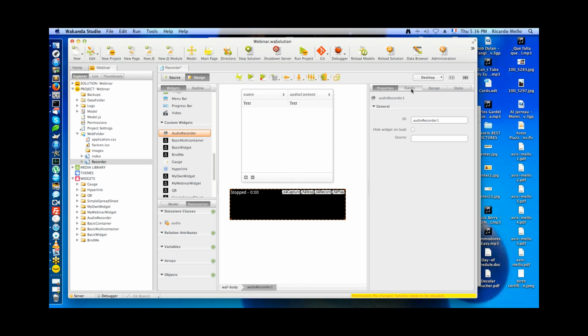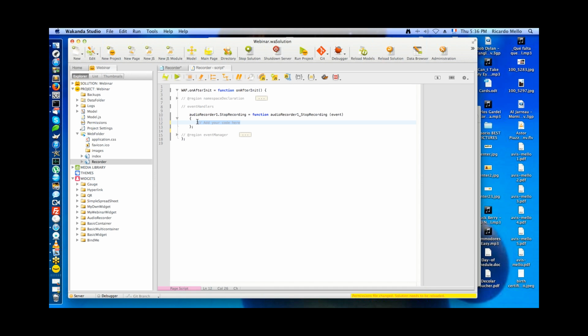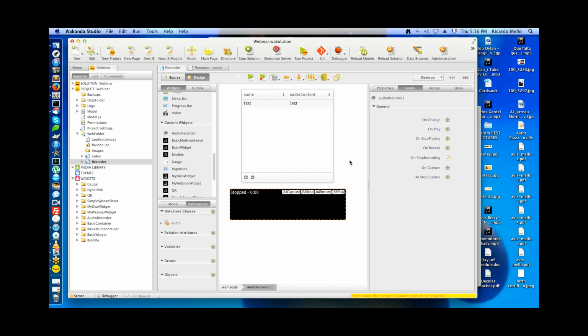When I coded this widget, I put in a bunch of events. One of the events is on stop recording. What I can do is just add a little code to this on stop recording. Let's say sources.audio.save. Okay, and I think that's going to be enough to make it work. So when I run this code,